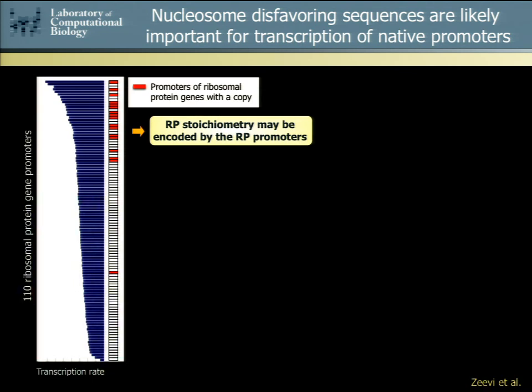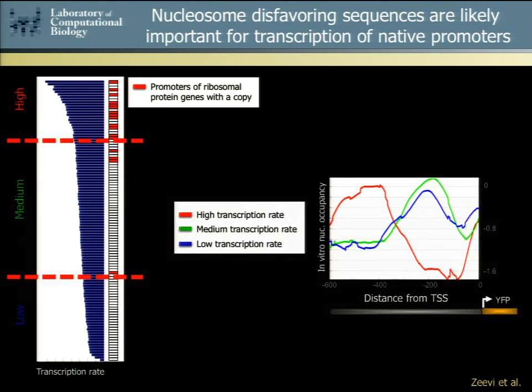Now, of course, the question that we were interested in asking is then, what is special about these promoters that are stronger? What is special about their DNA sequence? And one of the strongest factors we found distinguishing the promoters that are the most strong here is that if you break them up into these three, and you plot nucleosome occupancy as measured in vitro by the model, and actually also as measured in vivo, very striking differences, such that a group of promoters here that have strong transcriptional activity, they have the nucleosome depletion closer here to the transcription start site, and everything we know about nucleosome